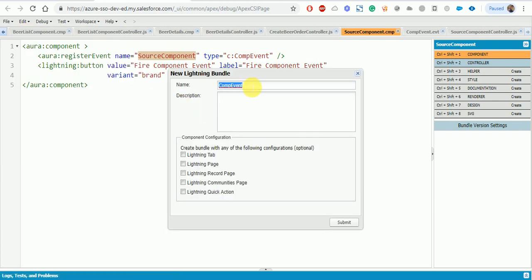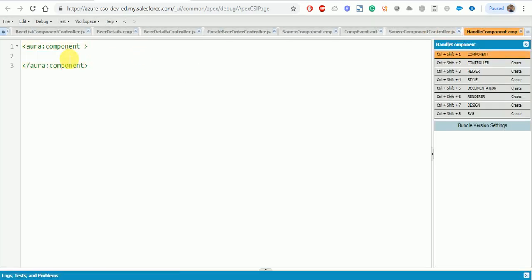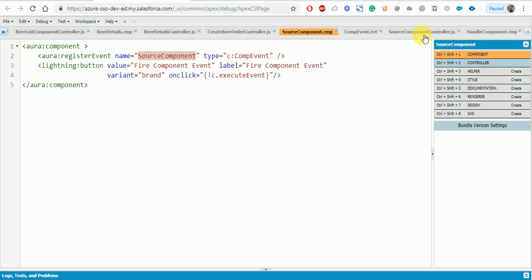we will name it as handle component. So just go ahead and create, and inside this we will just put the handler, name equal to whatever name we have provided here,